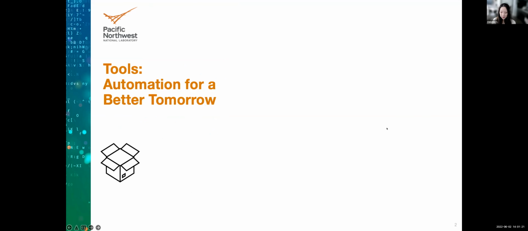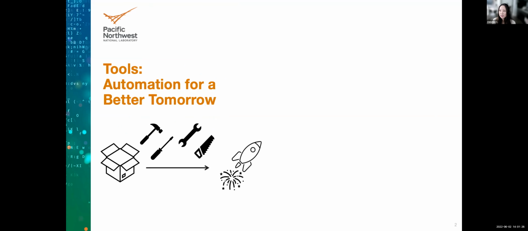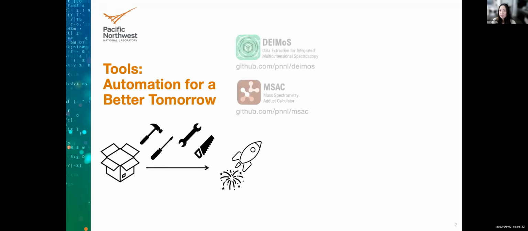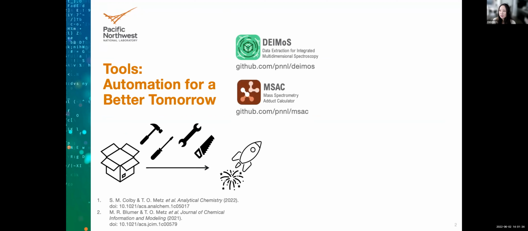But what these tools really do that is exciting is open the door for high throughput data processing towards building this amazing spaceship of tangible identifications from fully untargeted mass spec data. Our tools leverage the power of Python and its available scientific libraries that enable powerful data processing. For instance, our tool MSAC automatically calculates adduct masses given neutral parent compound masses, and we can use it to screen for a much higher variety of potential adducts than are realistically accessible using traditional